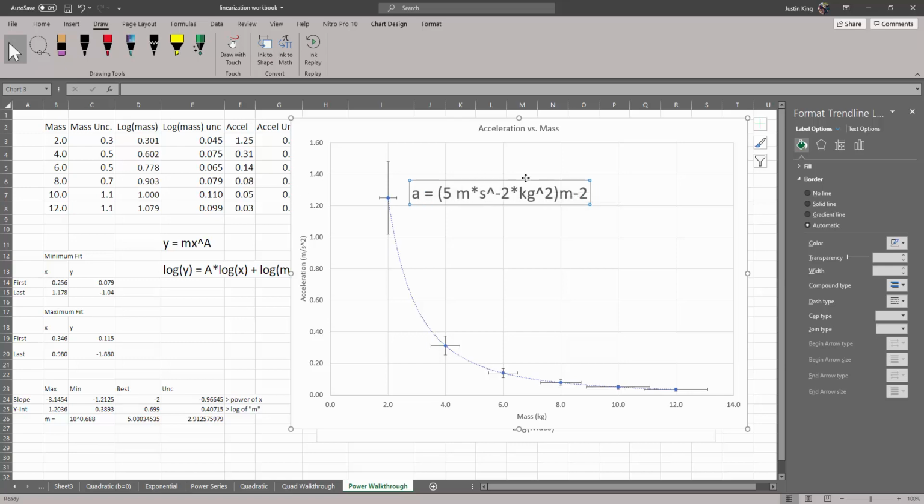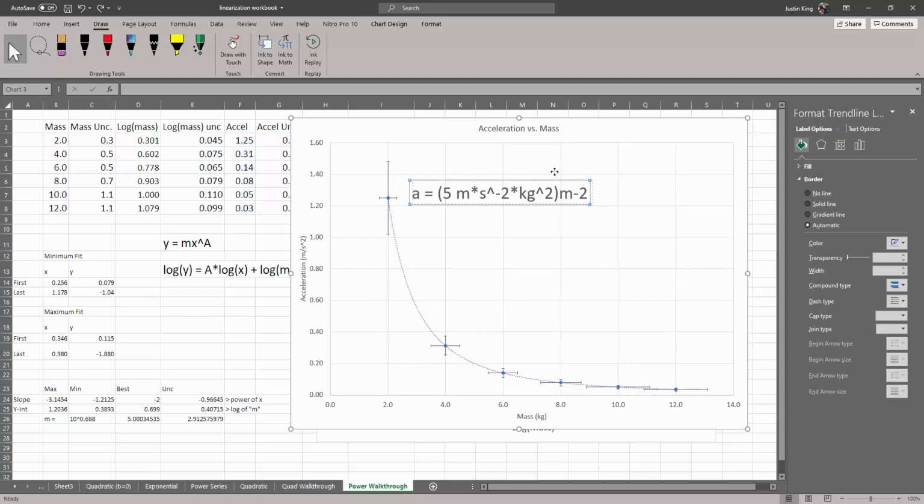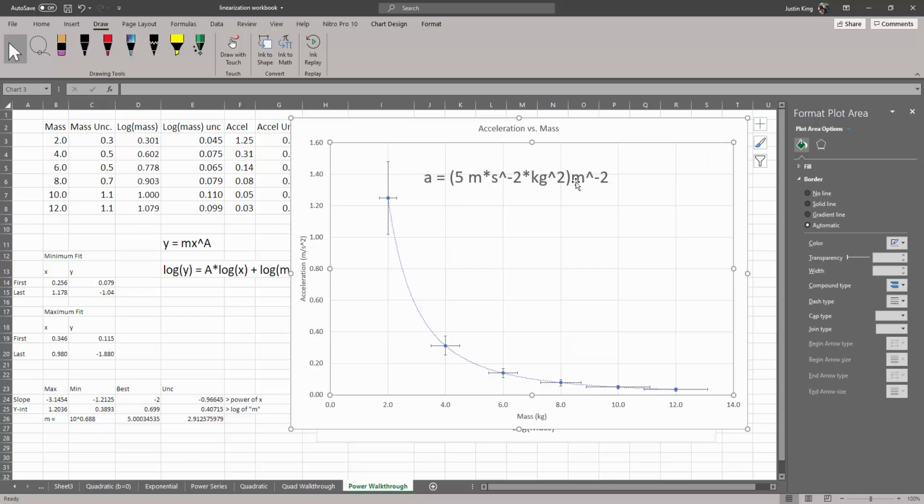When we linearize the graph, right, in this case we were able to confirm that 5 is that coefficient m, and, oh, this should be raised to the -2. And the exponent on the x, or the exponent on mass, is -2. We've confirmed these, but we also know the uncertainties in these things, right? So